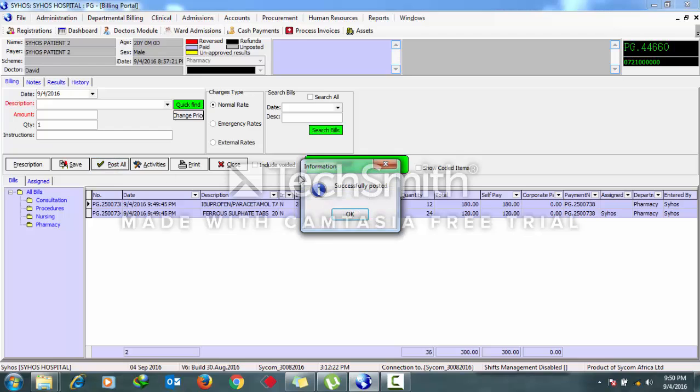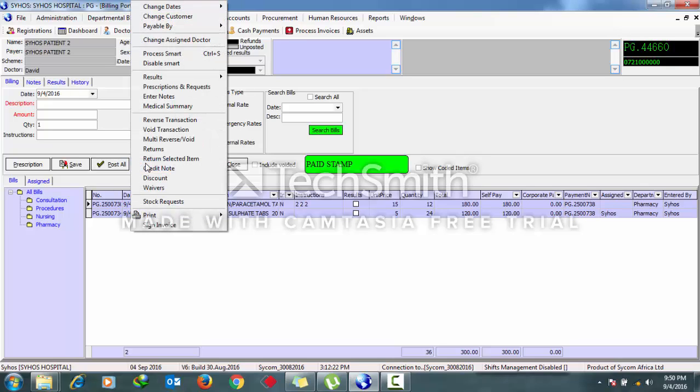Just post again, the system will show you a paid stamp. So this means the patient has done payment. So even without a receipt, you'll be able to know which patient has done payment and which patient has not done the payment. In case you need to print this prescription for the patient, you just click on activities,